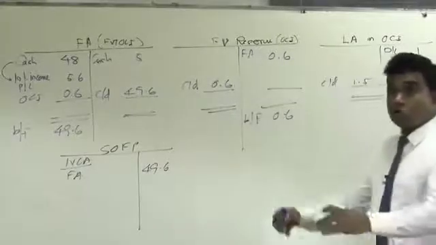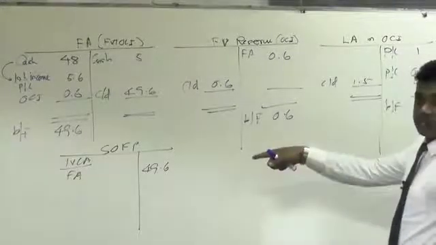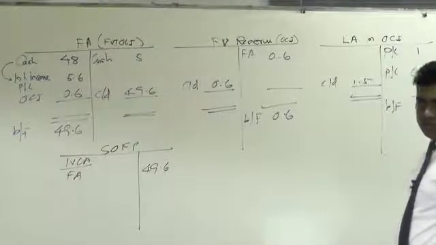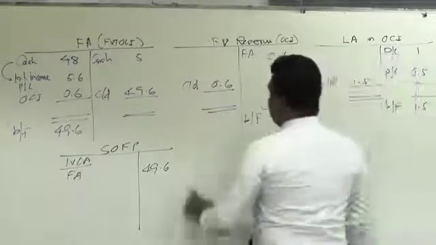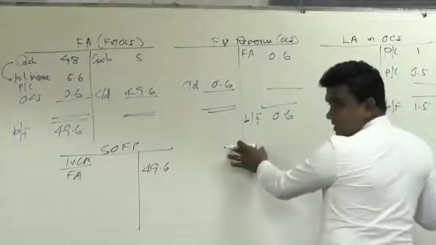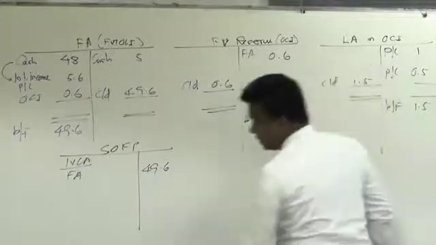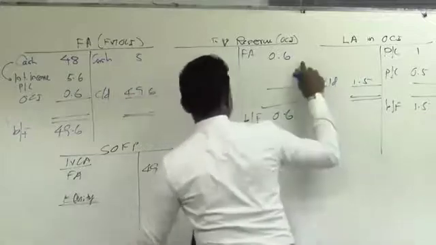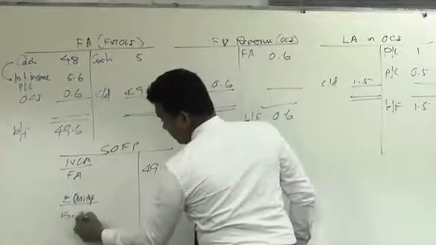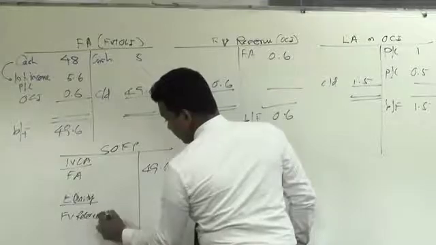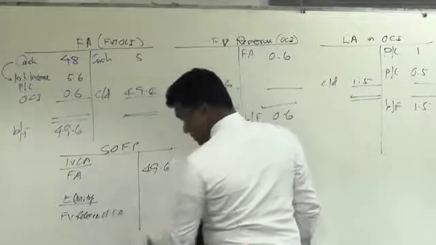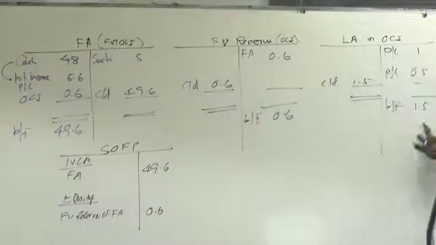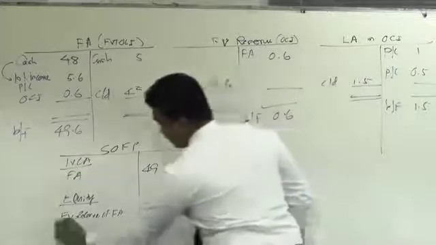That's all. You are not going to reduce this loss allowance from the asset account, since it is fair value through OCI. That is the difference when you compare with the amortized cost financial asset. Then you need to present another two accounts in the balance sheet. Both are OCI accounts. Therefore, you will take equity. Under equity, you will present fair value reserve of financial asset, right, that is 0.6, credit balance, and loss allowance also recognize here